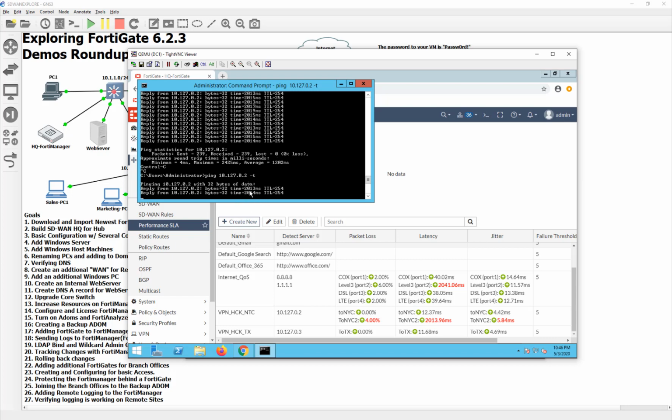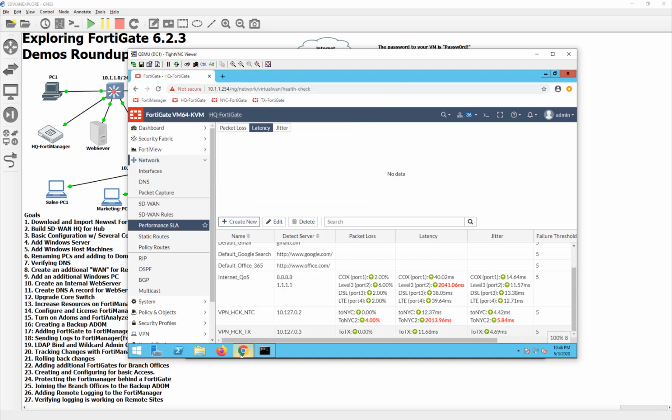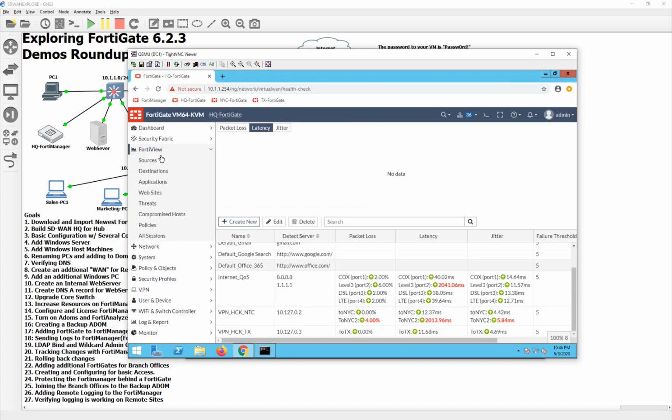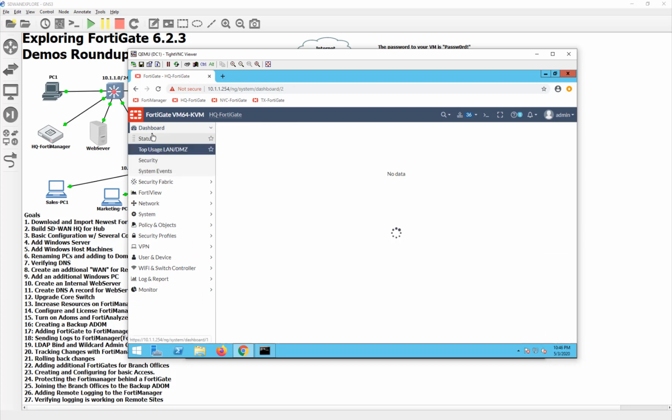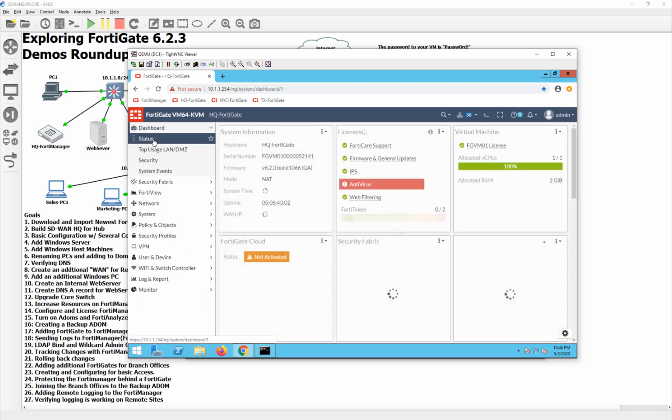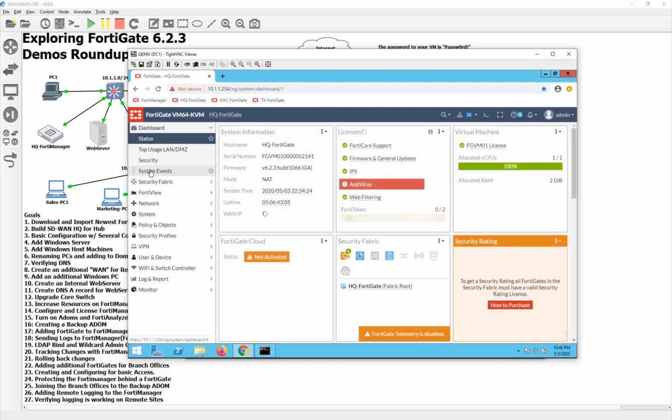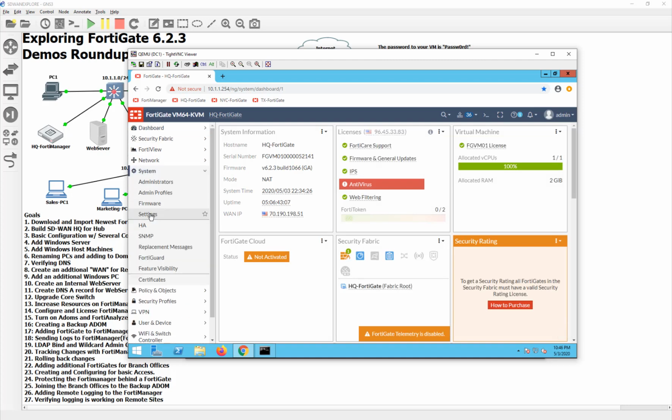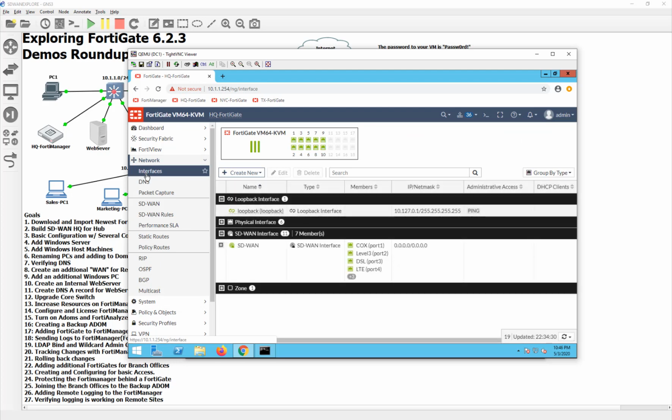See how the latency is still up there, and that's because it's still in the session table itself. That is actually normal behavior because it was already established. But let's go ahead and take a look at our FortiView. I thought it'd be more aggressive than that. I guess it wasn't, because the tunnel is still technically